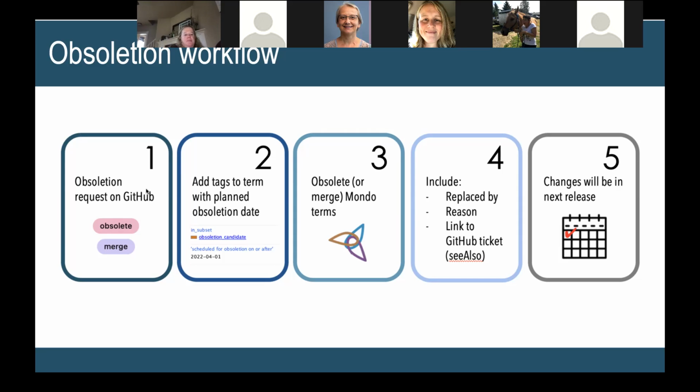But I think in every OBO ontology, you have an obsolescence request on GitHub. And in Mondo, we have tags that are either for obsolete or to merge. So we make sure to separate that either it's an obsolescence where you're just going to obsolete the class and it's not going to be replaced by anything else, or it's a merge where,